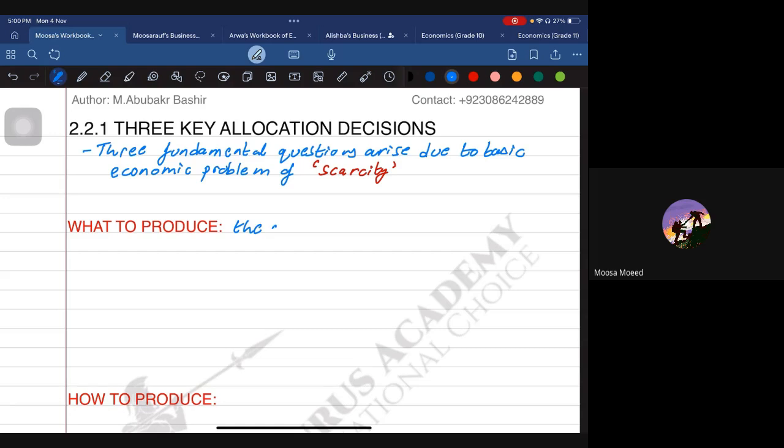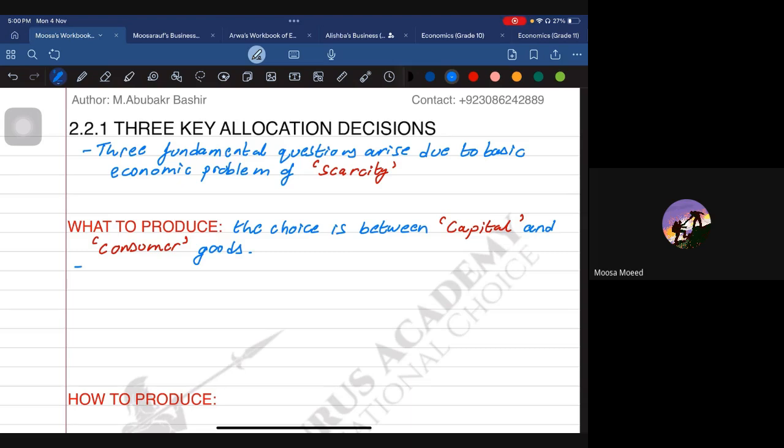So the choice is between capital and consumer goods, whether you want to make the capital goods or you want to make the consumer goods. अच्छा, अब हम ये पढ़ेंगे कि let's suppose if we are producing more of consumer goods, so what is the